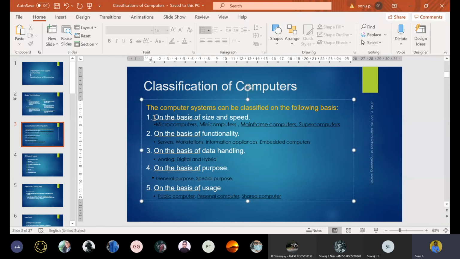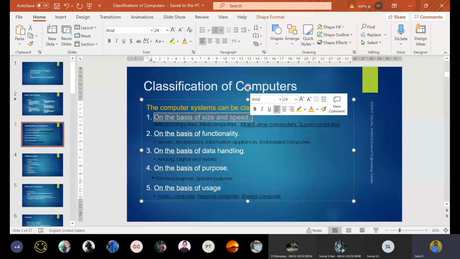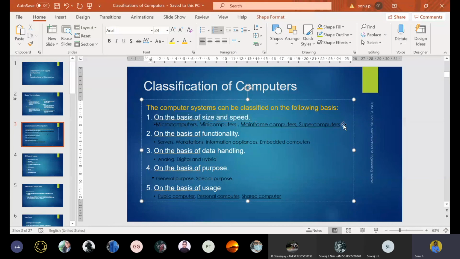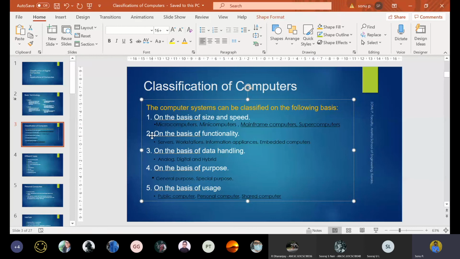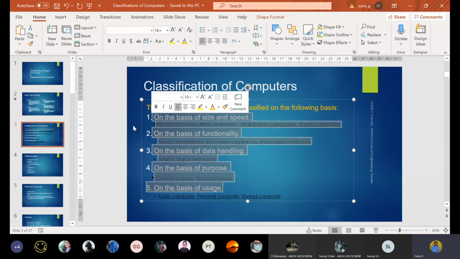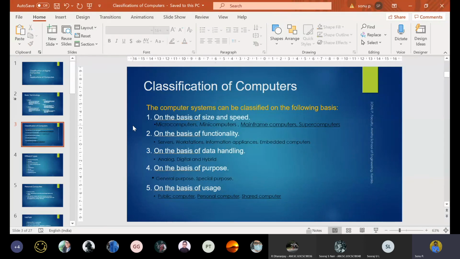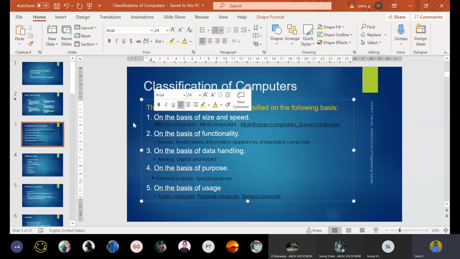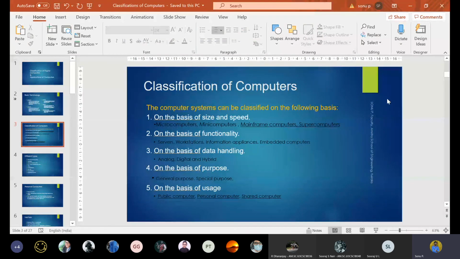One factor is size and speed; you explain more about microcomputers to supercomputers. Then explore the classification based on functionality, data handling, purpose, and usage. So this is your second assignment. Please submit this on time. It will have a large impact on your continuous evaluation mark, so take it seriously.